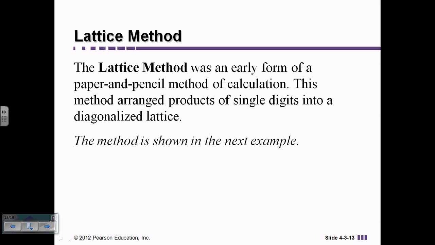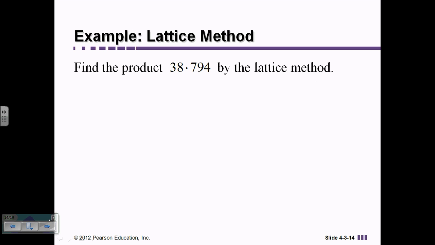Another method that's pretty common is what we call the lattice method. And I know my child came home and they were using the lattice method to learn multiplication now. So if you do have children, you might be seeing this coming up. What they do with the lattice method is they set up everything on a diagonal and they multiply things together. So if we want to find the product of 38 and 794 using the lattice method,